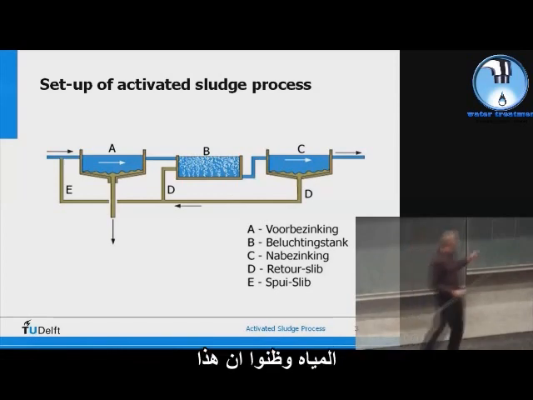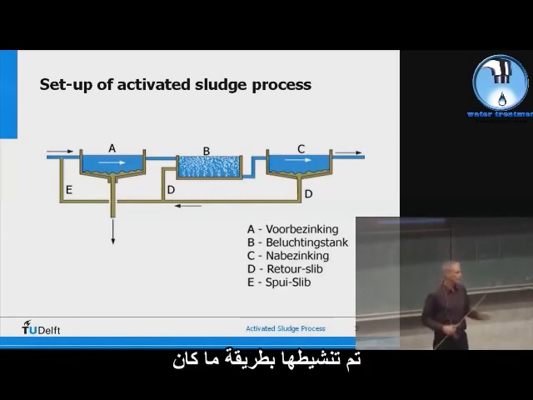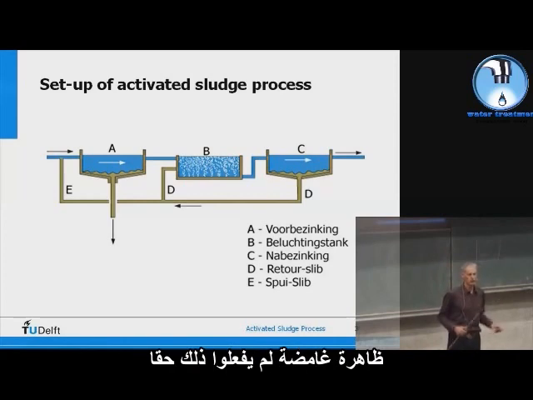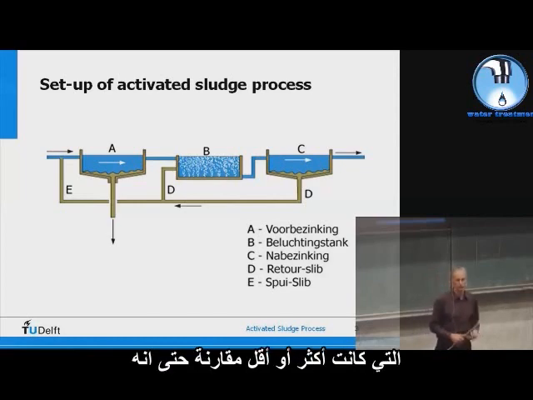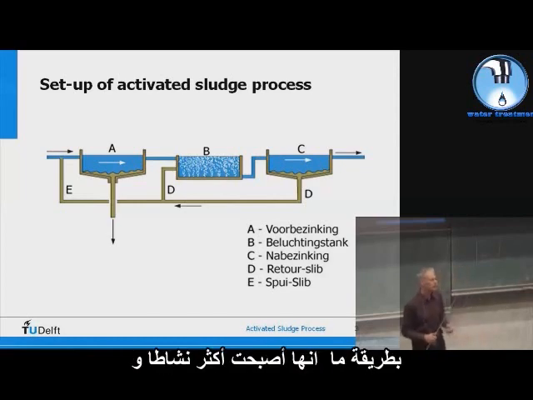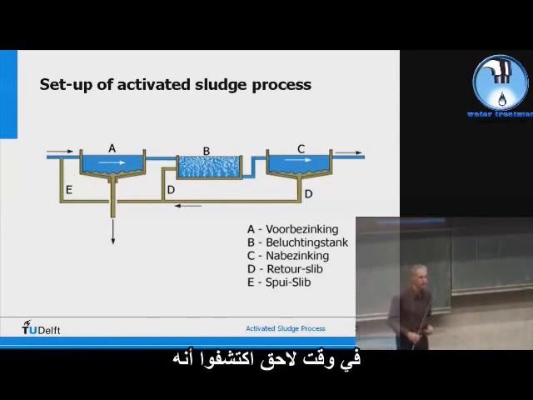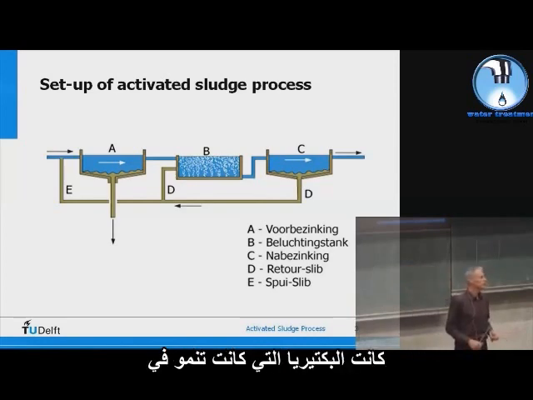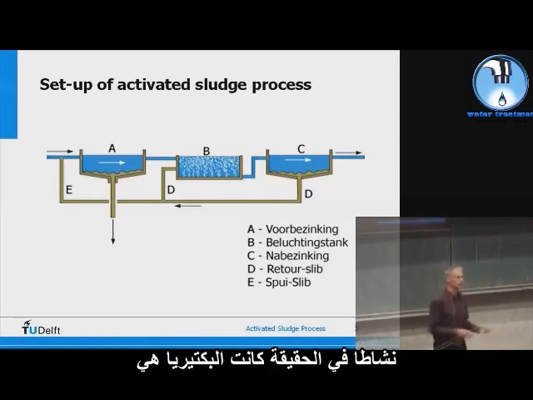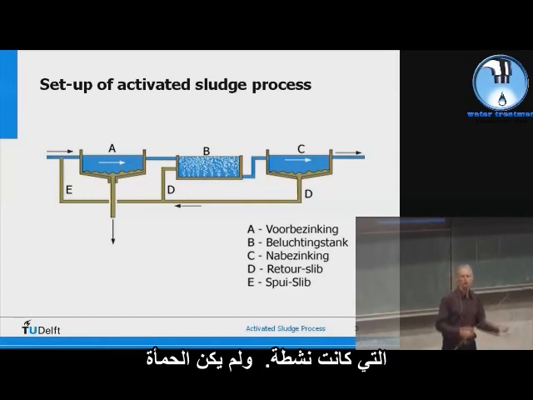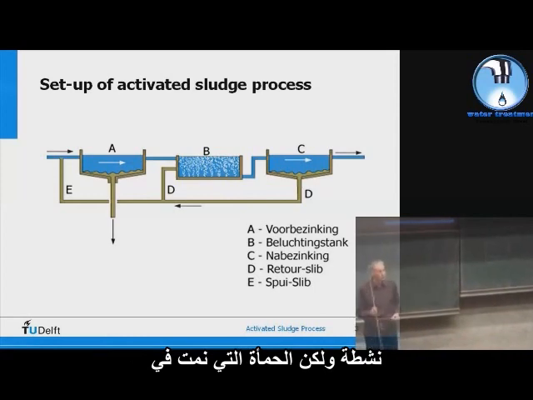more clear, and so they discovered that in fact it treated the water. And they thought, well, this sludge which came with the wastewater was activated somehow. That was a mysterious phenomenon they didn't really understand, but like activated carbon, that was more or less comparable. So some way, somehow it became more active and it was able to treat the water. That's why they called it activated sludge. Sometime later, they discovered that it were bacteria that were growing in the sludge and making the sludge more active. It was in fact the bacteria that were active. It was not the sludge that came with the wastewater that was active, but the sludge that grew in the